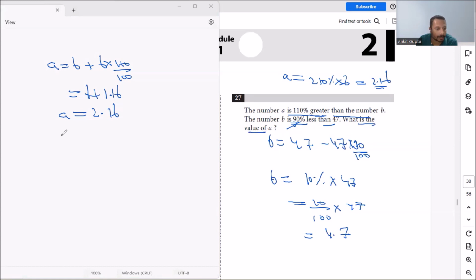What is the value of A? So A is equal to 2.1 times 4.7. You can use your calculator to calculate this. And if you do that, you will get the value of 2.1 multiplied by 4.7 as 9.87. So the answer will be